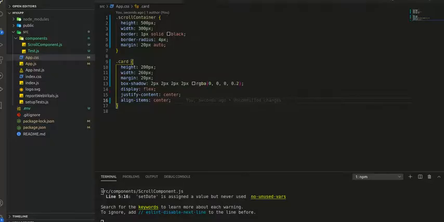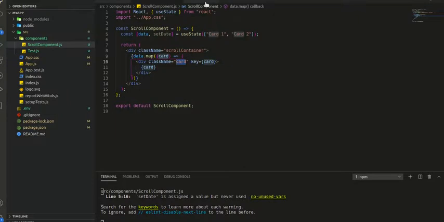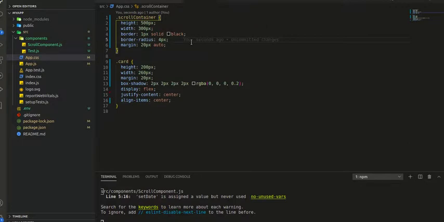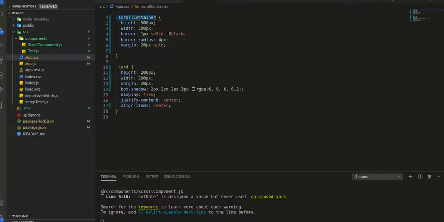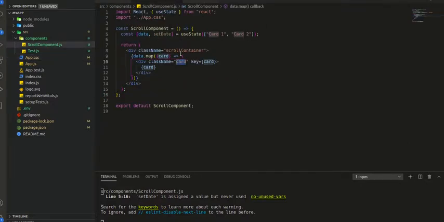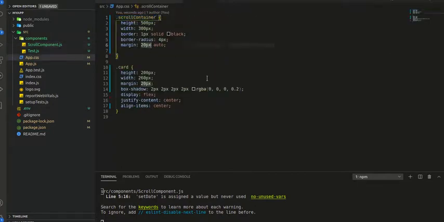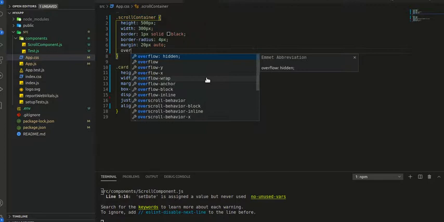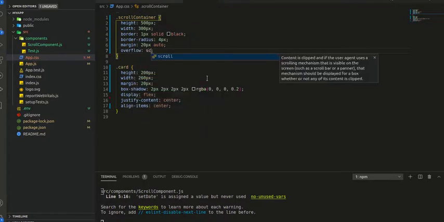Now we also want to add a scroll bar. So for that, on the parent container, that means on the scroll container, which is our parent div, we will add overflow scroll.